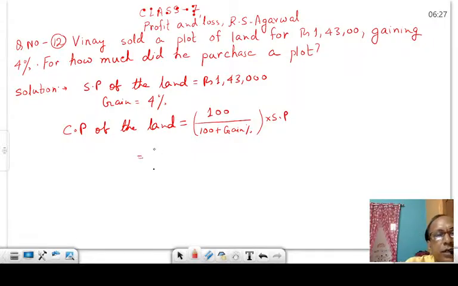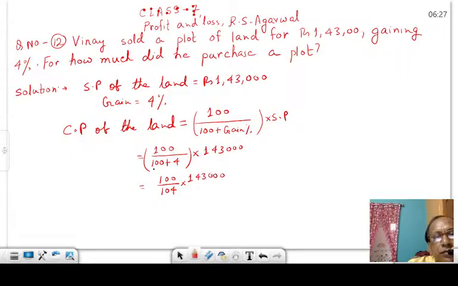We are getting 100 by 100 plus the gain, 4%, that is 4, into selling price. What is selling price? 1,43,000, right? Therefore, we are getting here 100 by 104 into